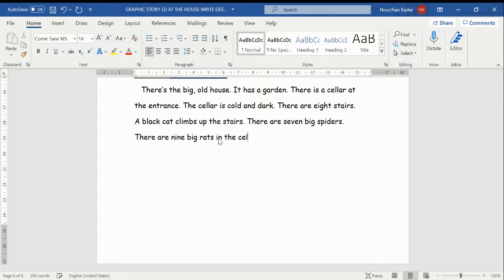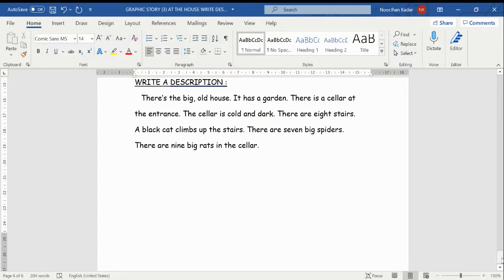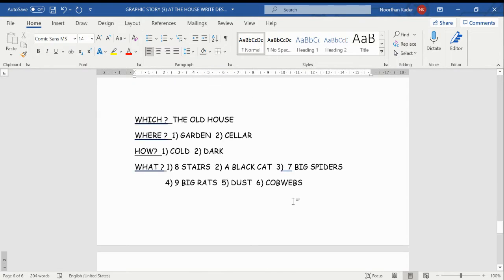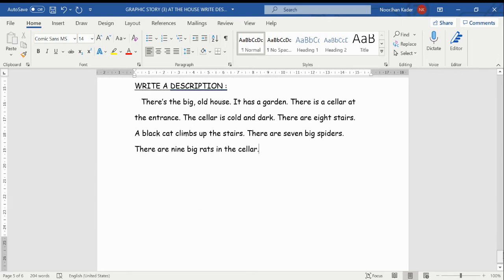You just write there extra cellar because we are still talking about the cellar. So just to remind the reader that we are still talking about the place which is in the cellar. Okay. Then dust and cobwebs. Okay, how are you going to write dust and cobwebs? Or you can just remove this because we will talk about the cellar. In the cellar, okay, comma, or you can write